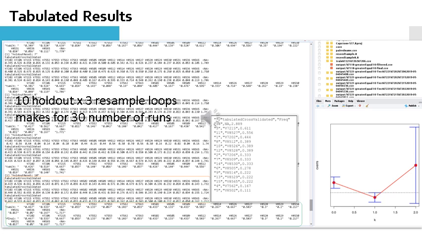To the left of that you see the 10th out of 10th holdout tabulation, where 3 resample tabulations were tabulated. At the end, in the green, it shows the final one, the 10th out of 10th, and how it's saved to the file in the square to the right of that.